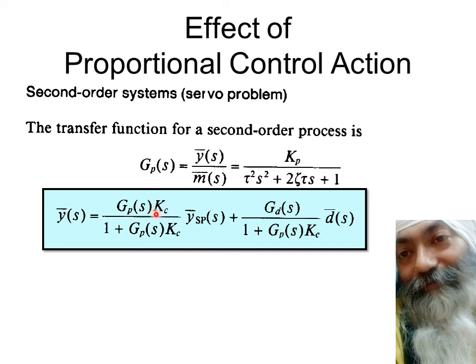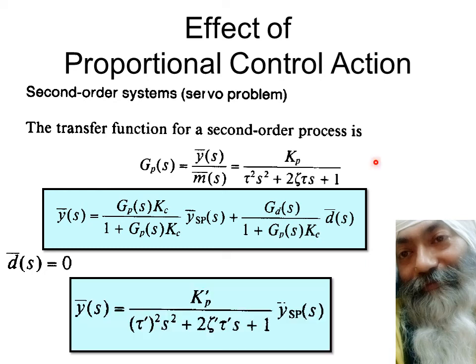In this case it will be Kc, and wherever you have Gp, you have Gp here, you have Gp here, and so on and so forth. We shall be taking the servo problem, therefore this term will be 0. We will not be taking into account this term. What we are left with is only this term, and here again in the servo problem we shall be taking this YSP to be equal to the unit step change. As we will be seeing thereafter, we'll just put in the value of Gp and see what it comes to. Taking this ds bar equal to 0 and putting the value of Gp in this equation,